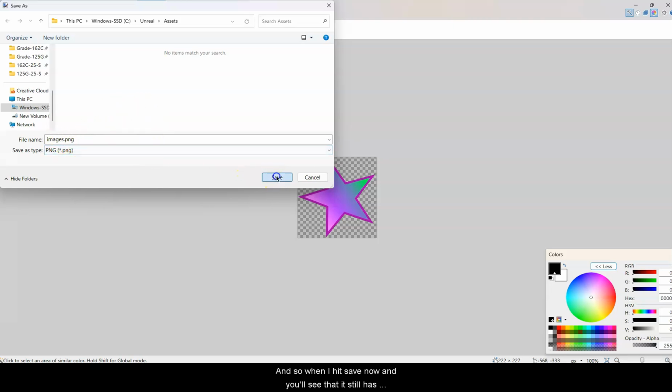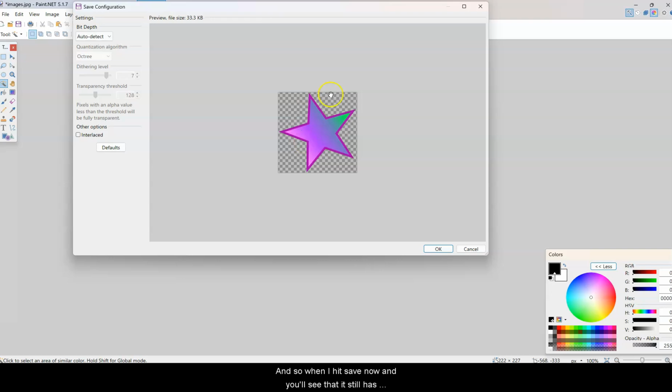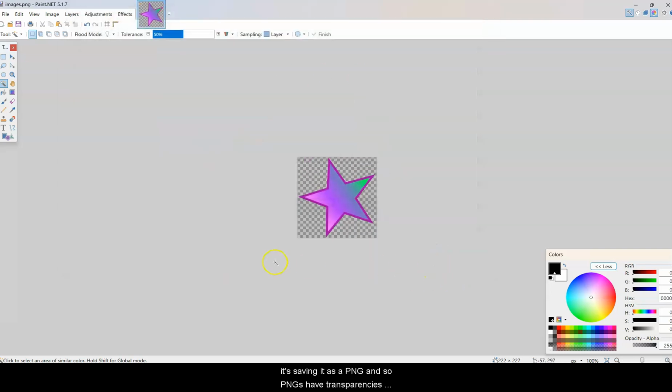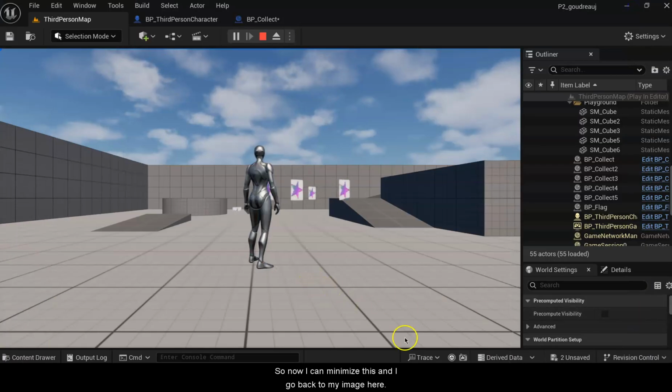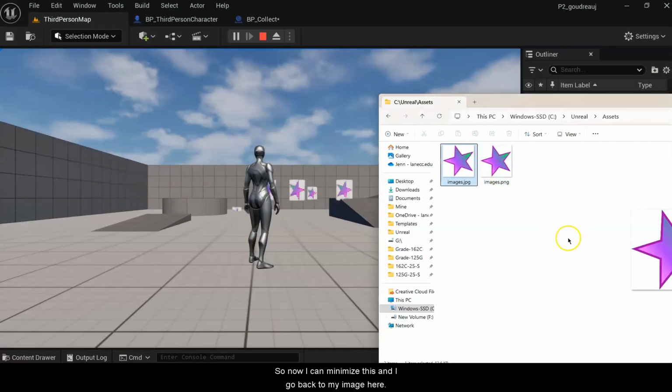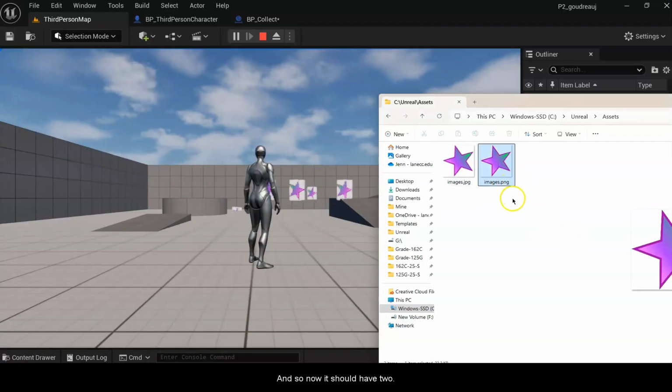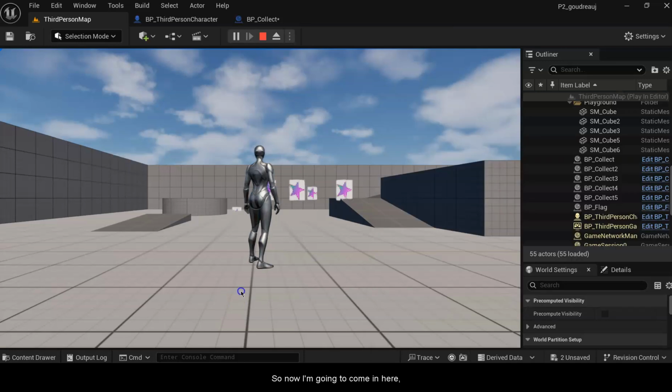And so when I hit save now, and you'll see that it still has the checkered background, I hit OK, it's saving it as a PNG, and so PNGs have transparencies that they will have with it. And so now I can minimize this, and go back to my image here, and so now it should have 2. So now I'm going to come in here,